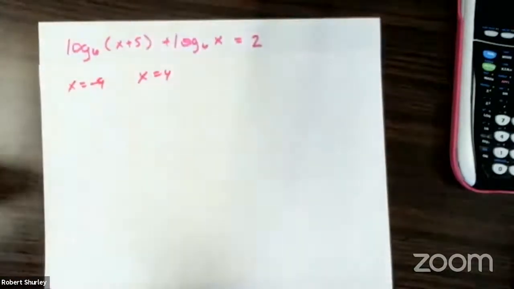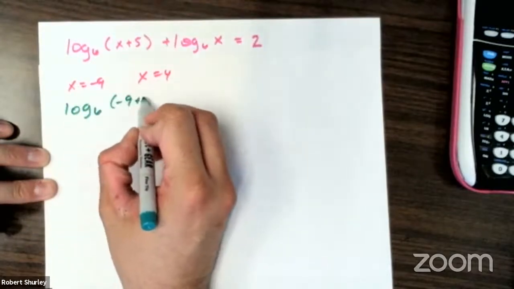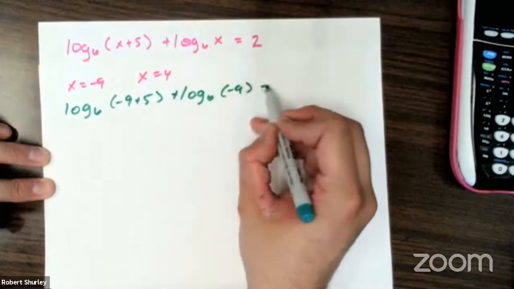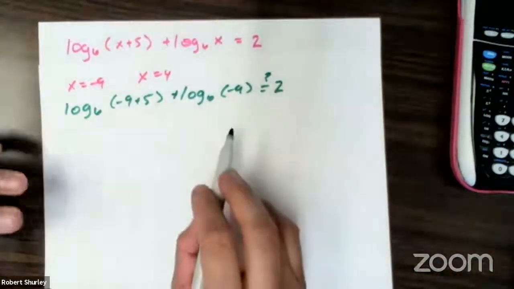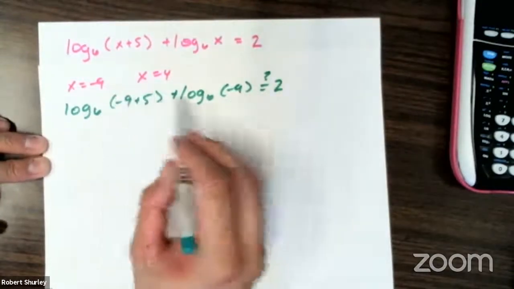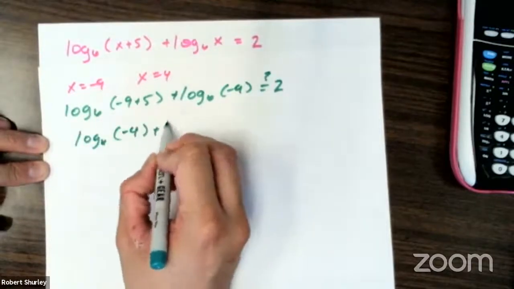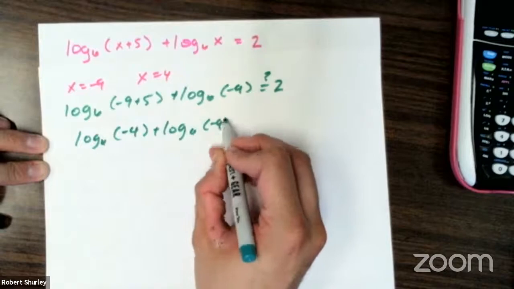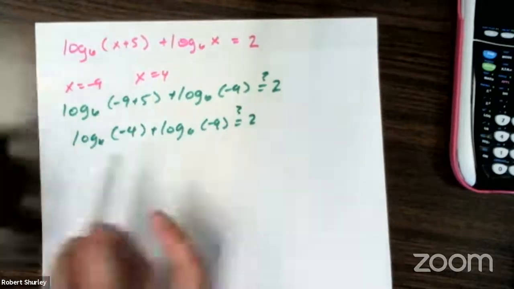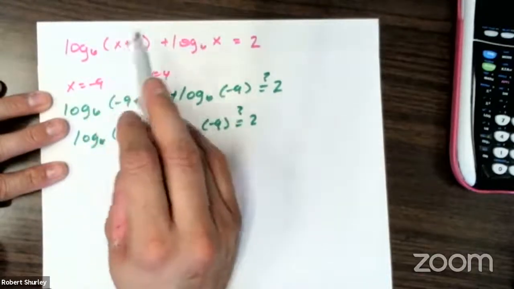So I'm going to pop negative 9 in, so I get log base 6 of negative 9 plus 5 plus log base 6 of negative 9. Does that equal 2? Oh, I can just throw this one out right now. There's no way I could have a negative inside a logarithm. This creates 2 negatives inside logarithms, right? You guys see that? Look, it does not matter. I know if you add them, you multiply them, it gets positive, doesn't matter. Because when I put negative 9 in, it created a negative